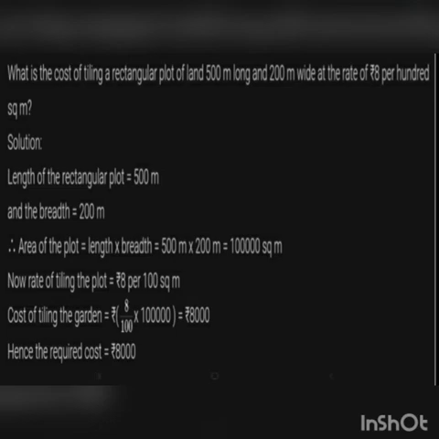Because usually in the question they give the cost per meter square. But here they have given the cost per 100 square meter. That means out of this 1 lakh, for 100 square meter the cost is given as rupees 8. So we have to first find the cost of 1 meter square. So 8 by 100 is the 1 meter square cost. That into how much total area we have? 1 lakh. So multiplying, the required cost will be rupees 8,000.